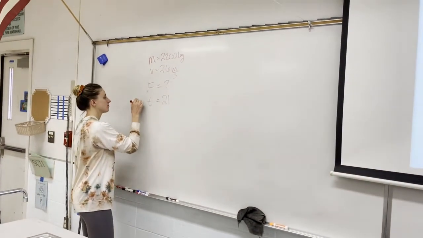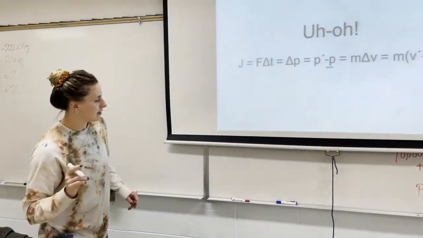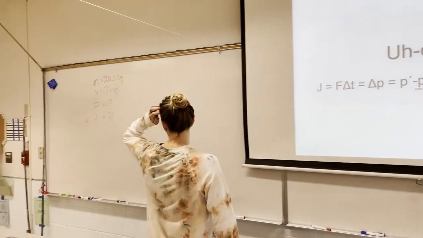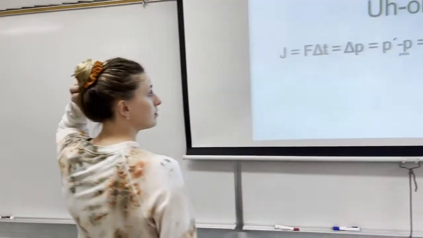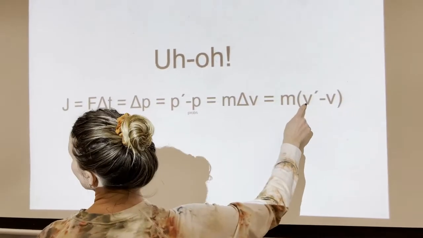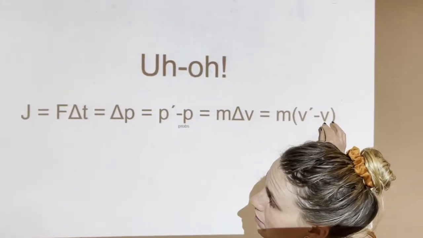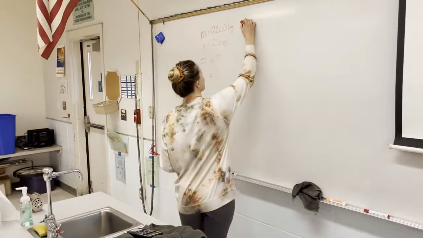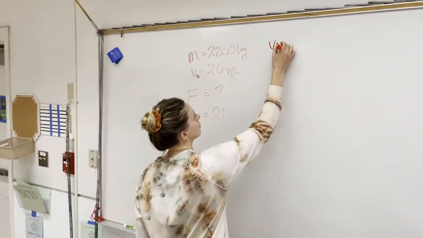So now let's go back to the equation. The equation is everything. So when it stopped, what's its final velocity when it stopped? Well, when it stops, it's eventually going to be 0. So the final velocity would be 0. We have our initial velocity, so we could use that last term. I'm gonna write down, this would be our initial, and this would be our final.